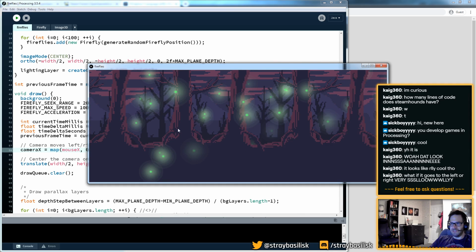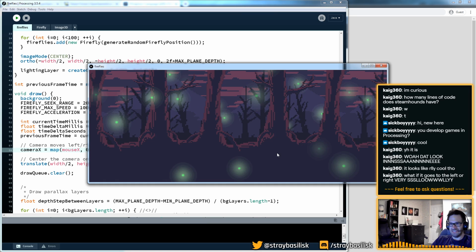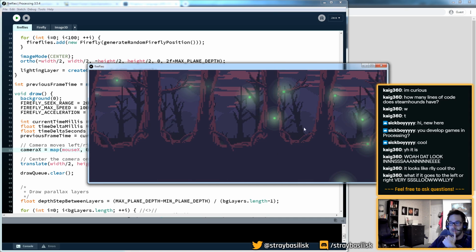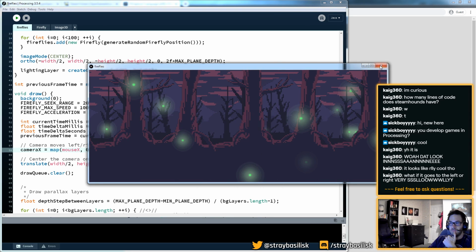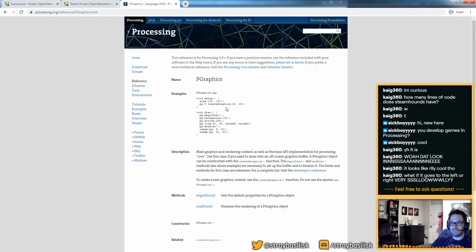Yeah, it's a bit nicer to me. A bit more sedate. It's supposed to be a calming kind of scene, after all. So our fireflies are moving around. We're going to do this whole lighting deal. So I need to make sure I do this correctly. So I think all we need to do is